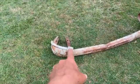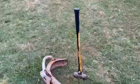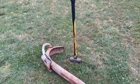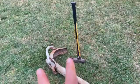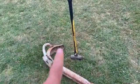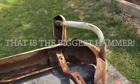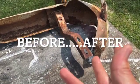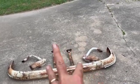Going to get the big hammers out, making some progress. Got to get that out of the way. That's really holding us up. I think we know what's getting ready to happen. We've got bigger hammers than that, but let's just see if this one will get the thing like that. So that's where we're at. We got some work to do on the brackets. Definitely usable. You just got to get the old